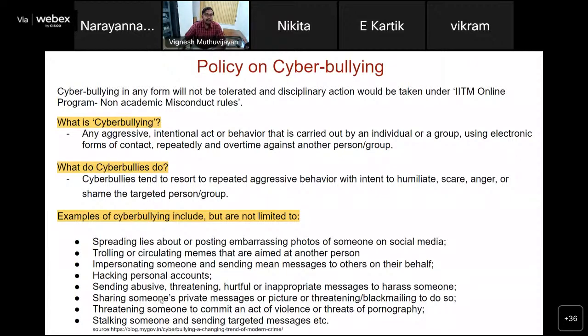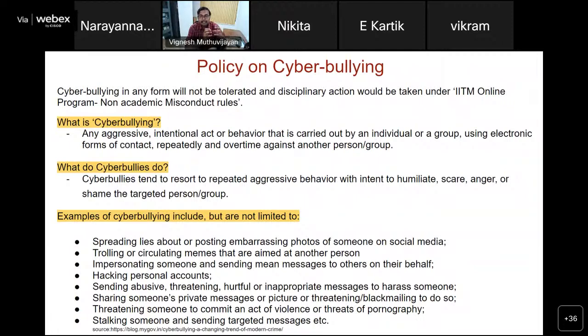Here are some examples of what happens: spreading lies or posting embarrassing photos of someone, trolling or circulating memes that are aimed at one person, impersonating someone or sending mean messages to others on their behalf, hacking into personal accounts, sending abusive, threatening, hurtful or inappropriate messages, sharing someone's private messages or pictures or threatening or blackmailing to do so, threatening someone with an act of violence, or threats of pornography, or stalking someone and sending targeted messages, etc. These are all cyberbullying activities.